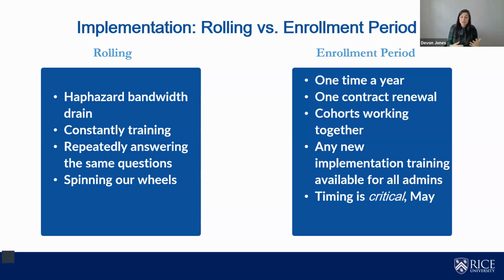And so what we're doing is we are doing it from May through June. We chose those timeframes because it links to our contract renewal date, so procurement can do all of it in one shebang. And it also links to our budget cycle, so the units know what to expect and we can run it through one time rather than over and over. It also gives units the summertime to get up to speed and figure out their processes prior to the start of the academic year.